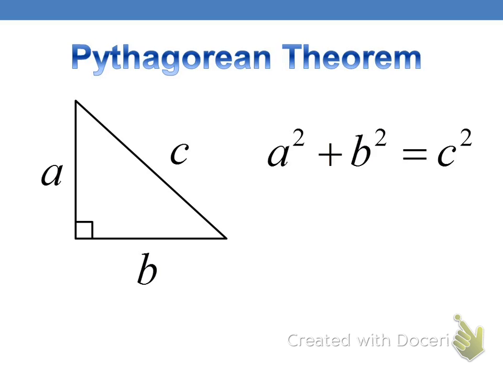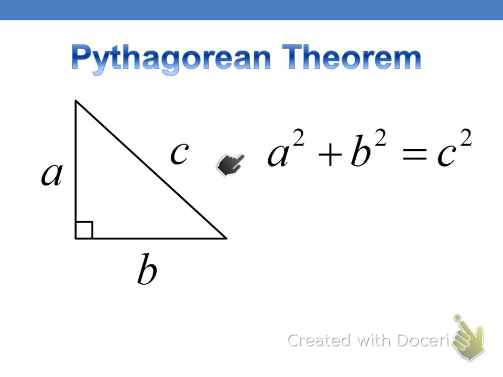So here is the Pythagorean theorem. It says that a squared plus b squared equals c squared. It only works for triangles, so 3 sides, when one of the sides has this little box in it. Do you know what this little box means? It's a right angle, which makes this whole thing a right triangle. So the longest side of a right triangle is called the hypotenuse. It's always across from that right angle. So this is the hypotenuse. These 2 are the legs, okay?